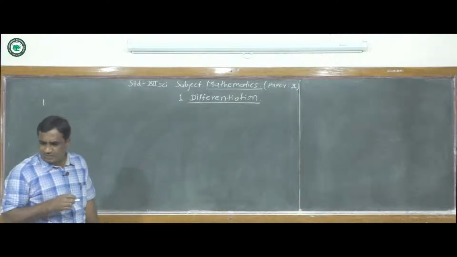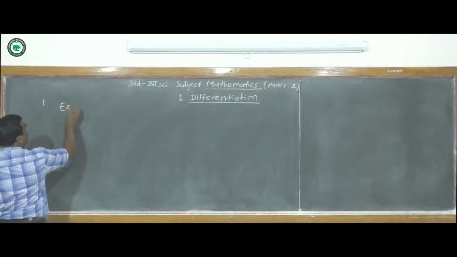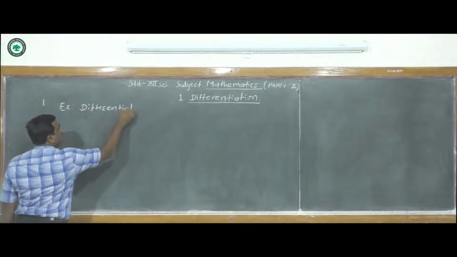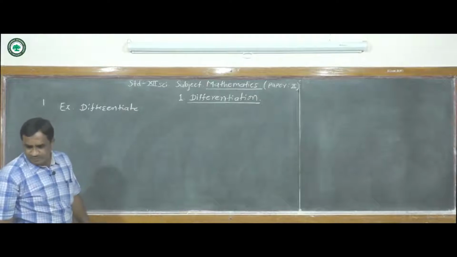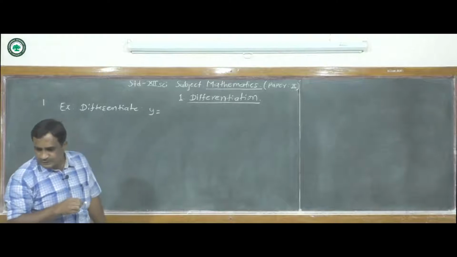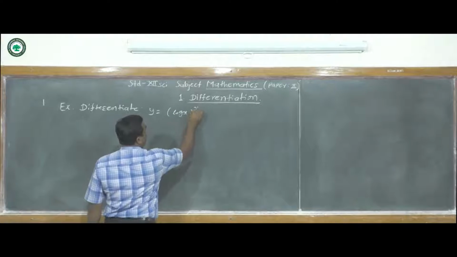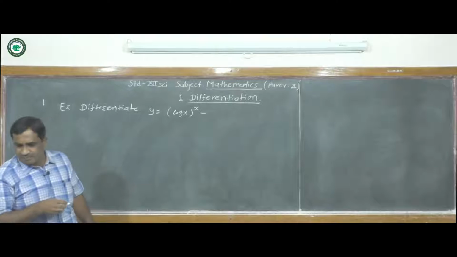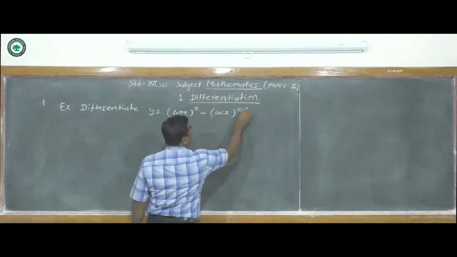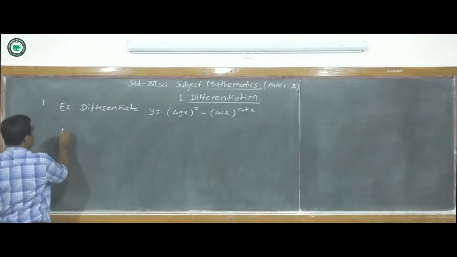Differentiate the following function with respect to x: y is equal to (log x) raised to x minus (cos x) raised to cot x. Now see the answer for this example. Answer: